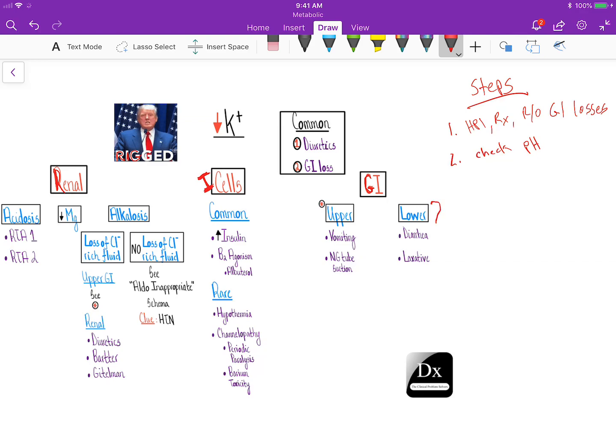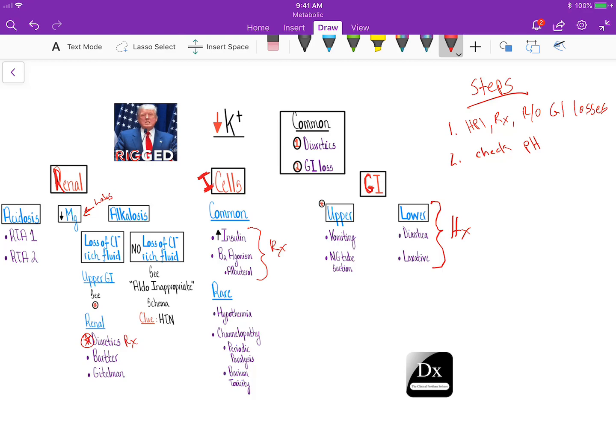And I want to just summarize what I said here. This can come from the history, as well as reviewing medications, of course, diuretics, like we mentioned before. So you can usually get your answer there. Order labs. Maybe the mag is low. So usually you can get your answer there, but from the first two steps: